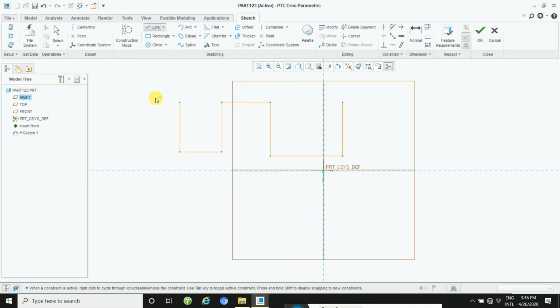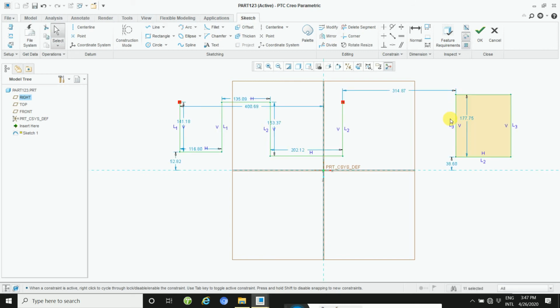If you want to create any rectangle here, this way line will be developed.